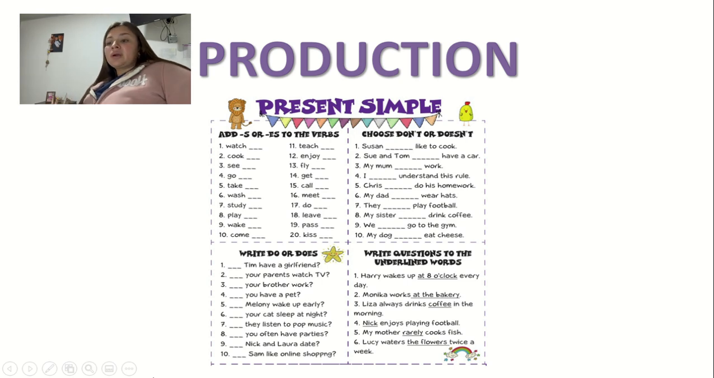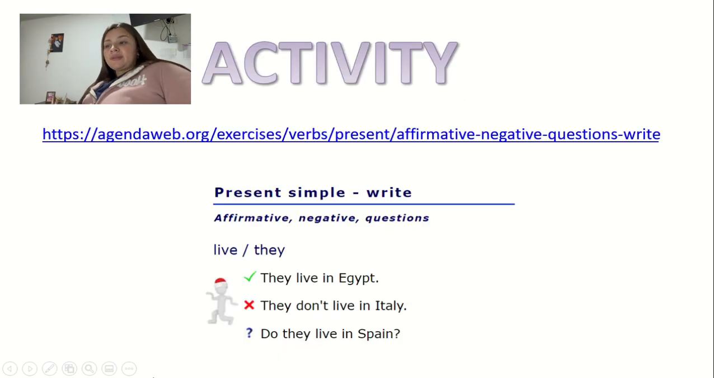And the last one is an activity where the students are given a verb and subject by the teacher, and they are going to create the sentence in affirmative, negative, and interrogative form. That is a good form to